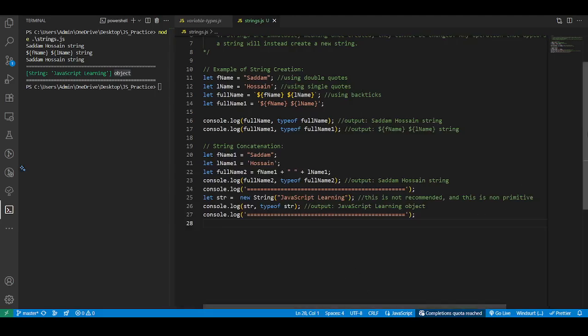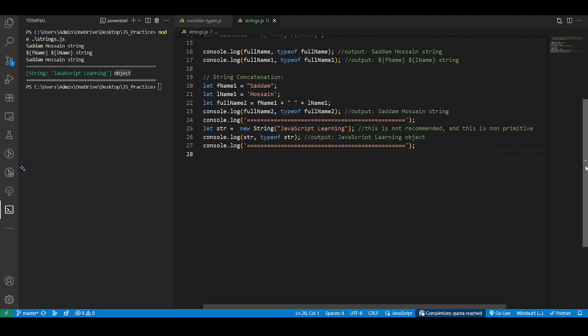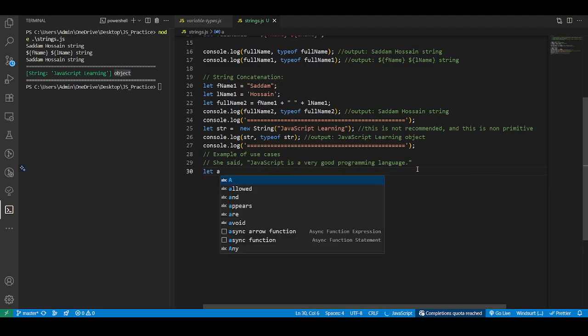Now let us see some example use cases of strings. Let us say I have a text, a string: she said JavaScript is very good programming language. In the console, I have to print this. So how can we print this? Let's say I'm trying to take a variable, let a is equal to,